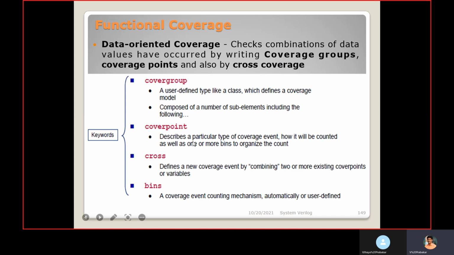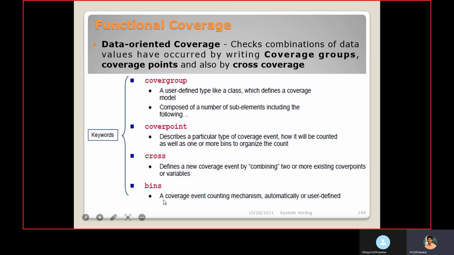The cover point describes a particular type of coverage event, how it will be counted, as well as one or more bins organized as counters. As already told, inside the cover point we can mention the cover bins. Each time a particular value is received, that bin will increment.